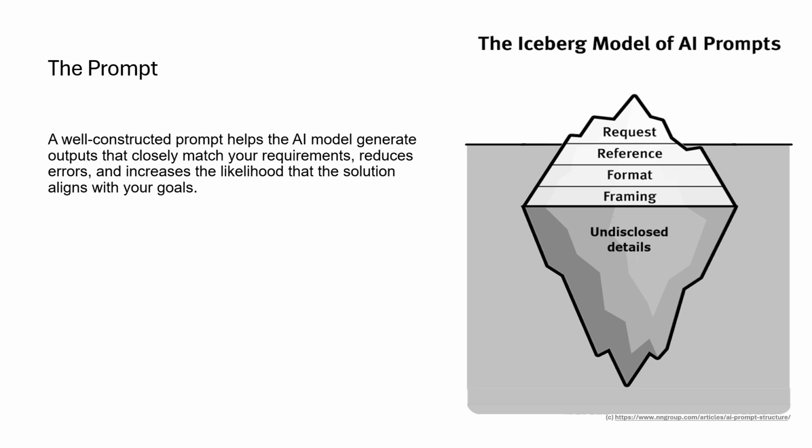A common way to illustrate this is with the iceberg analogy. The part above the water, the tip of the iceberg, represents the small, simple request we make to the AI. But beneath the surface lies a much larger portion, all the hidden details and context that are actually needed to fulfill your request. Since these details aren't always specified, the AI fills in the gaps on its own, making choices that can be unpredictable.